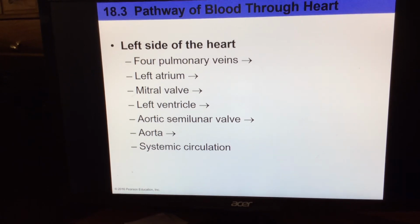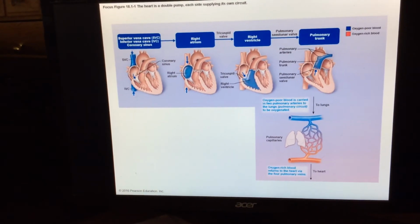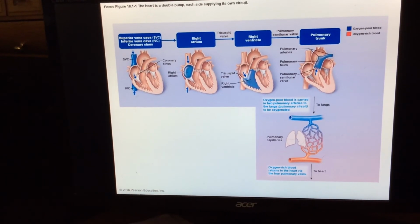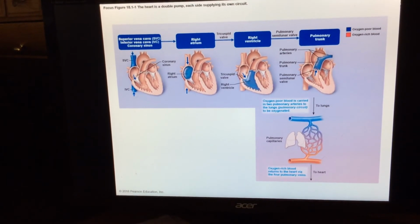So that's something that you should, here's kind of the pictures showing where it's going, but all books have similar pictures. There's even pictures on YouTube of